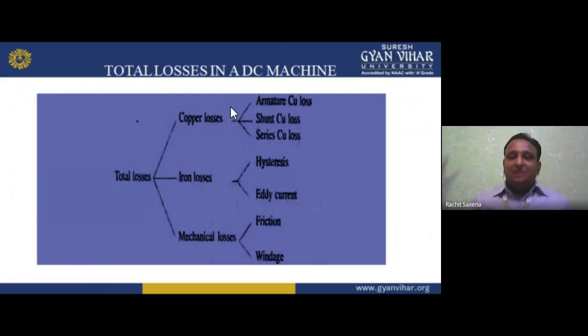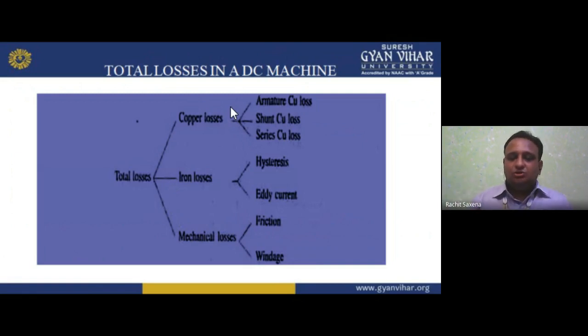And the third is known as compound. In compound we have two things, series and shunt, so we can connect both series and shunt with the armature. Again, we have two types: long shunt and short shunt. In long shunt, we make the shunt longer with a small series; in short shunt, we make a short shunt and the same size of series. We can also have differential compound and cumulative compound.